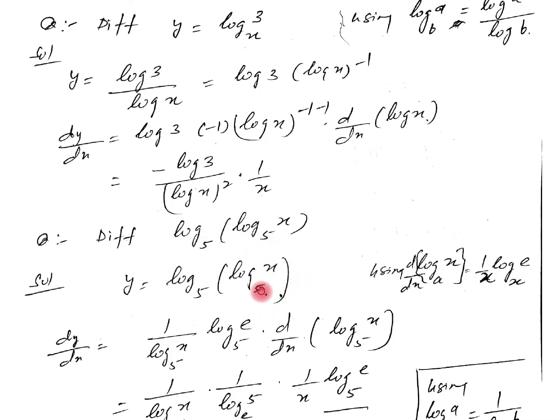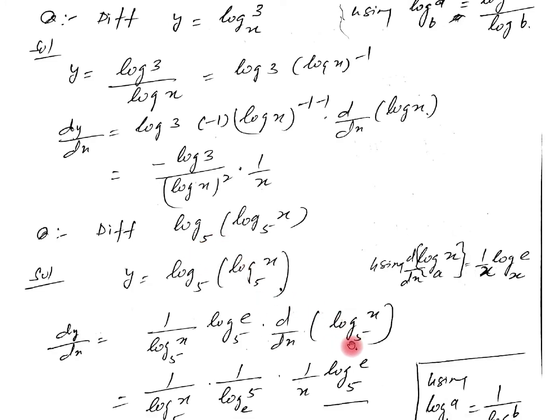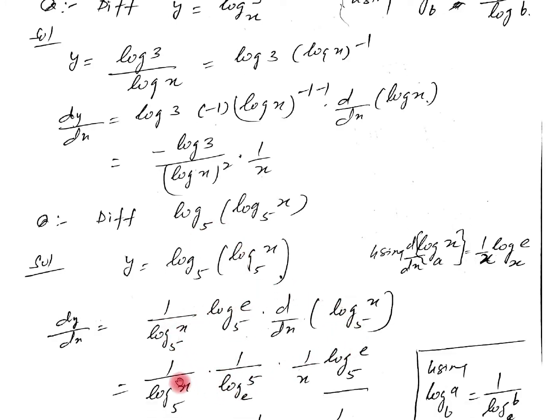So differentiating it, we are getting here dy by dx is 1 upon log of x with the base 5 into log of e with the base 5. Using this result into the derivative of this function by using the chain rule, the derivative of log of x with the base 5, again this whole term will be as it is, 1 upon log of x with the base 5, and again this can be written as 1 upon log of 5 with the base e, again